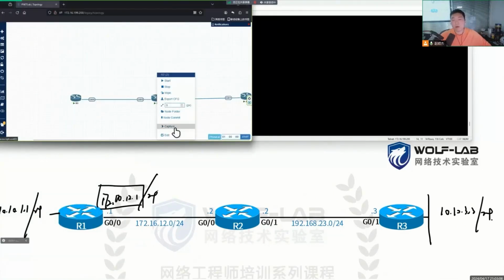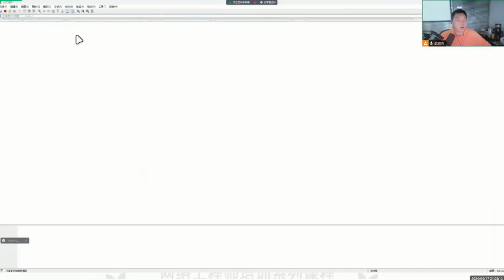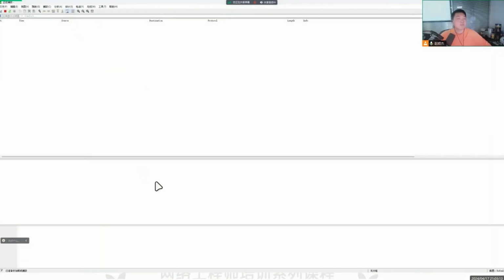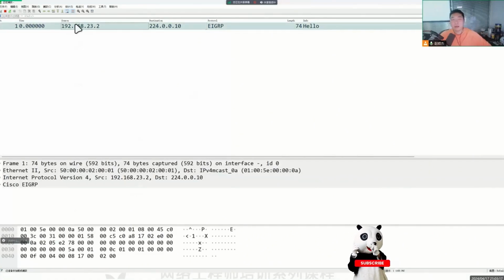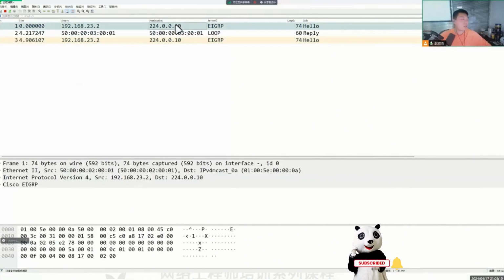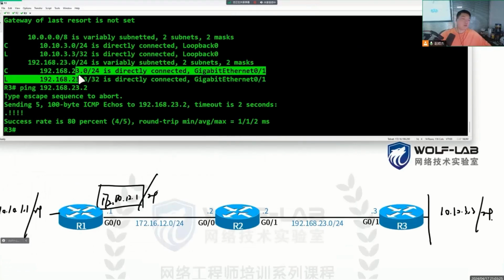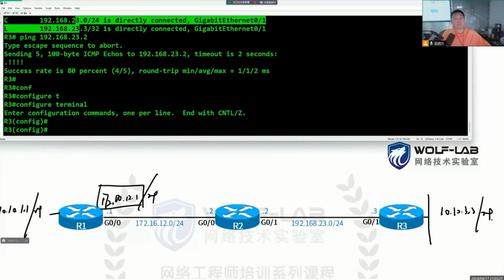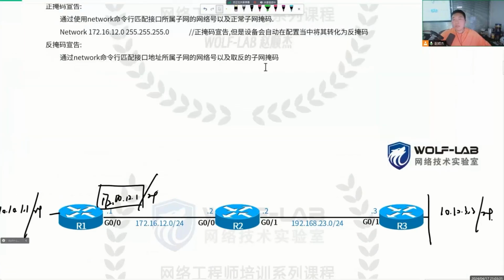So let's go to R3 similarly. We have the third declaration scheme. This third declaration scheme is precise declaration. Through the network command, match the interface address exactly. For example, the regular mask is /32, 255.255.255.255, or the inverted mask of /32: 1 becomes 0, 0 becomes 1, right? All become 0,